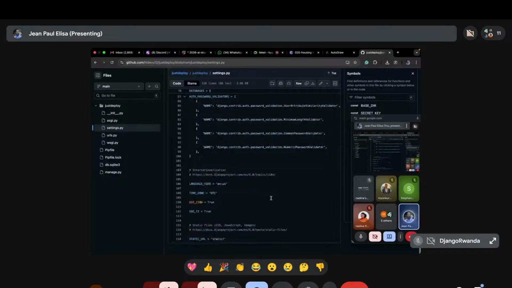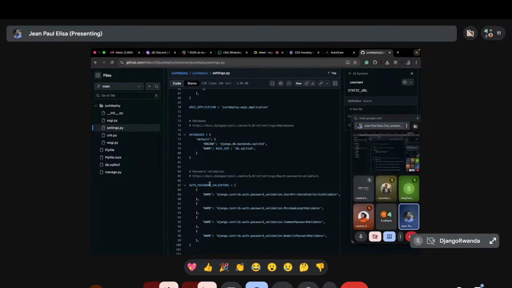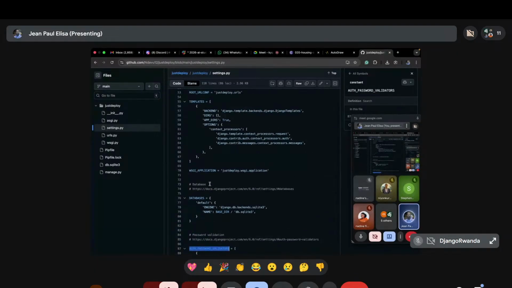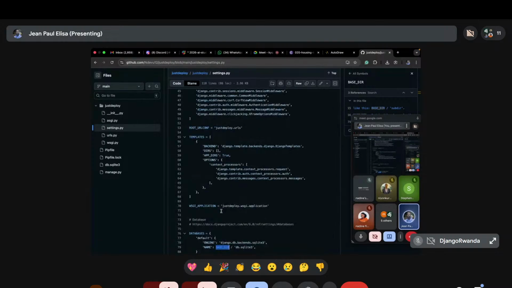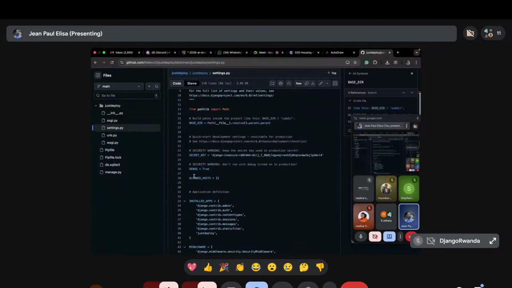So here, when I come to this setting, this is nothing, right? This doesn't harm anything. This static URL doesn't harm anything currently. Also, this validator doesn't harm anything. But this didn't configure the production environment. Here, didn't configure production environment. Also nothing here. But this also should be, I get it. Here,